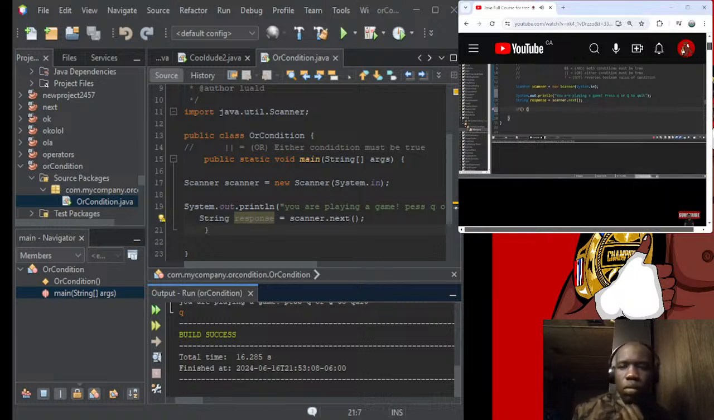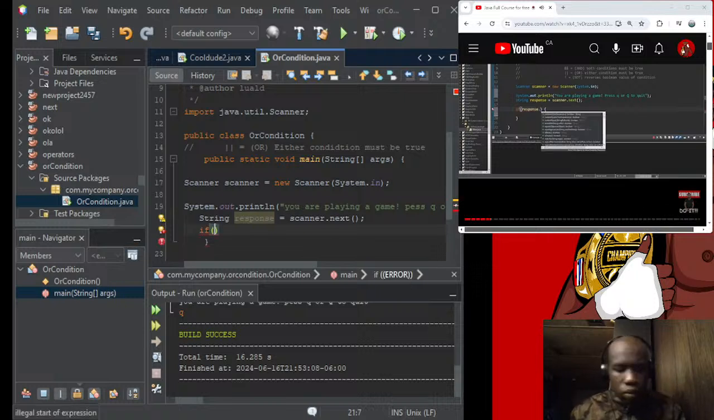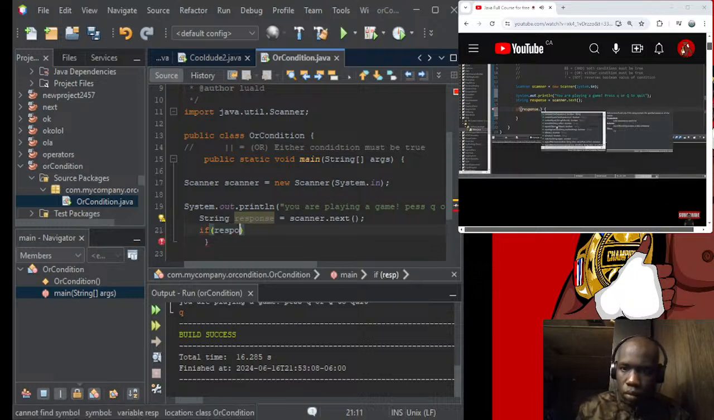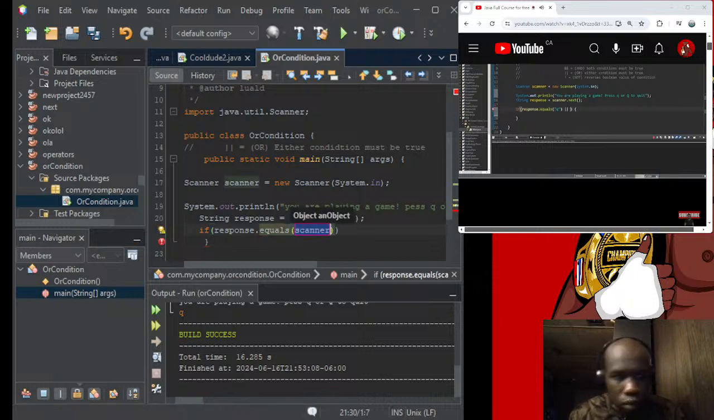If, then within the condition of the if statement, our response, and with strings, to check to see if two strings are equal, you need to use the equals method. It's a little bit different with strings. If our response is equal to lowercase q, we're going to use the or logical operator. If our response is equal to uppercase Q, then that means